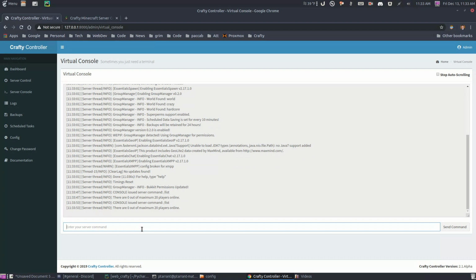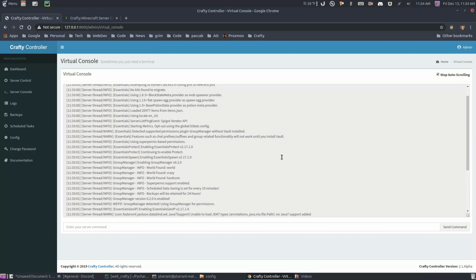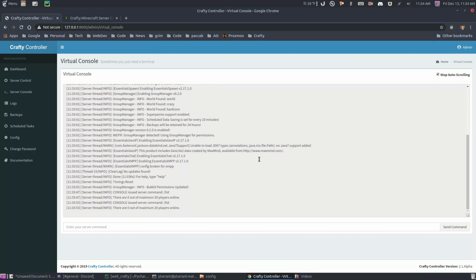It would be nice one day, but right now, single command only. The other thing you'll notice is I've added a box up here, which is stop auto-scrolling. As long as that is checked, it will stop auto-scrolling. So if you want to scroll back in time, you can, but do note that due to the fact that